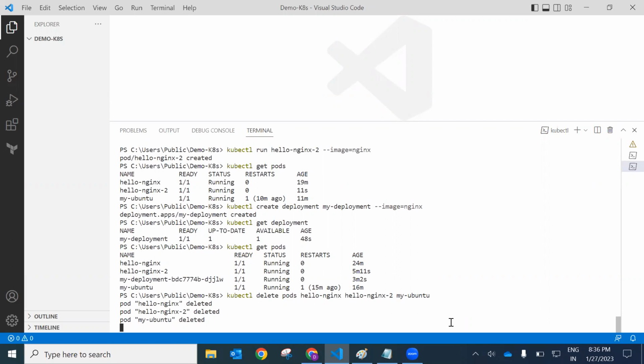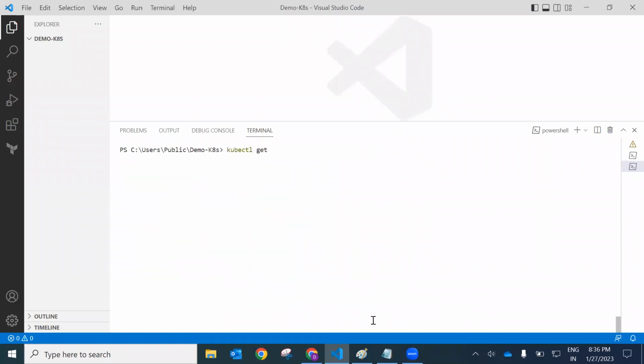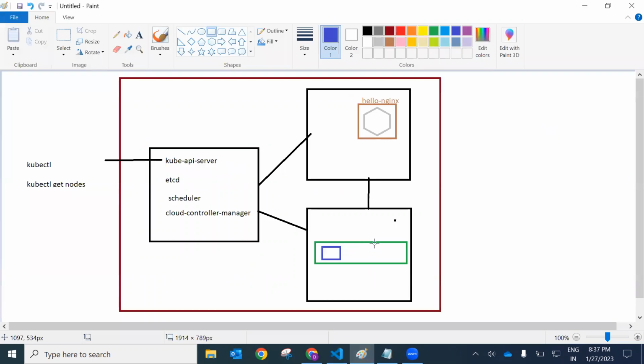It takes some time, though it usually doesn't take that much time. Okay, so those were now deleted. kubectl get pods. So this is the pod which is a part of this deployment called